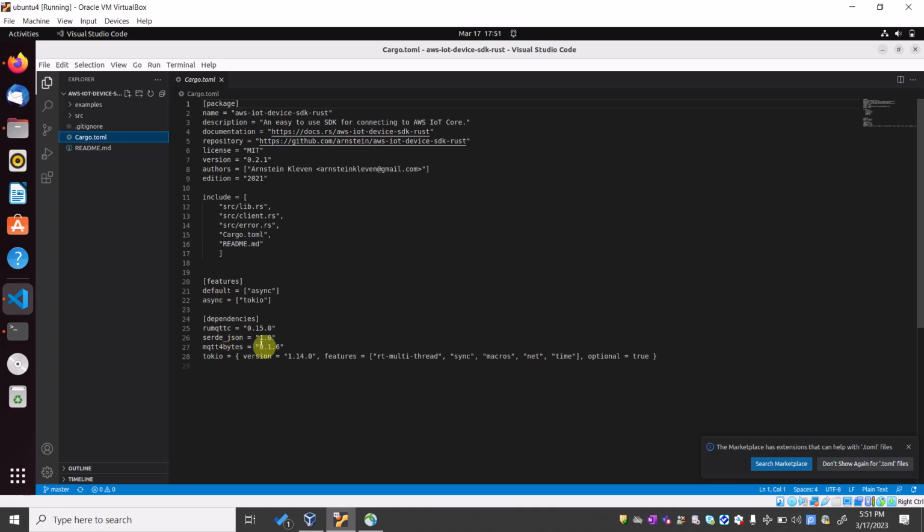Basically, the dependencies we can use are these things, or we can use the AWS MQTT, all these things. As you see, there is Tokio, which is a runtime we are going to use, which will help in async programming, to run async functions asynchronously. If you want to run multiple tasks, we are going to use this. And serde bytes for parsing, and MQTT for MQTT communication. We are using this MQTT library,